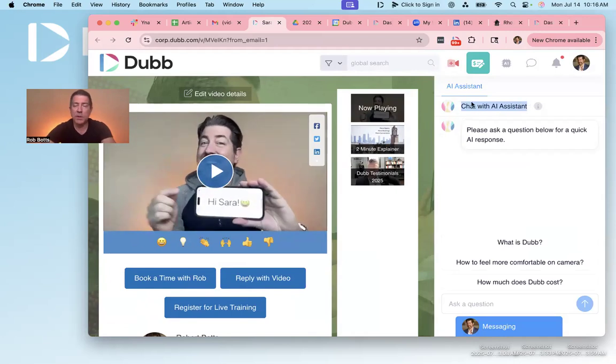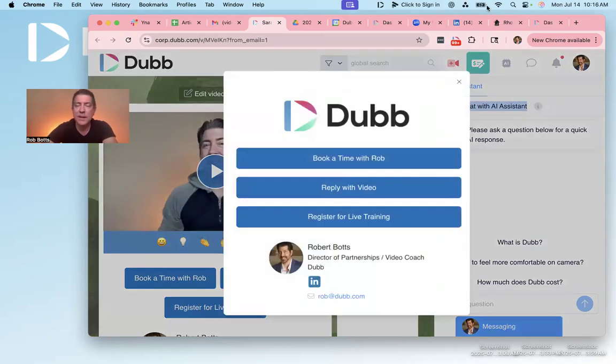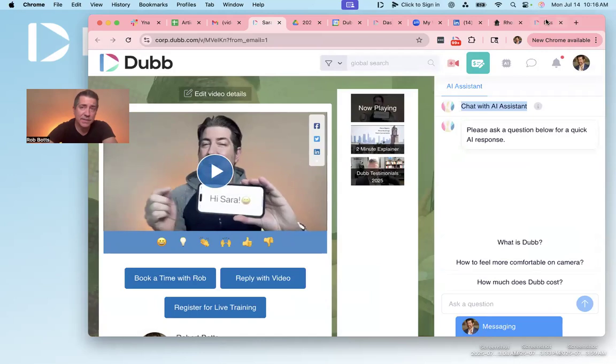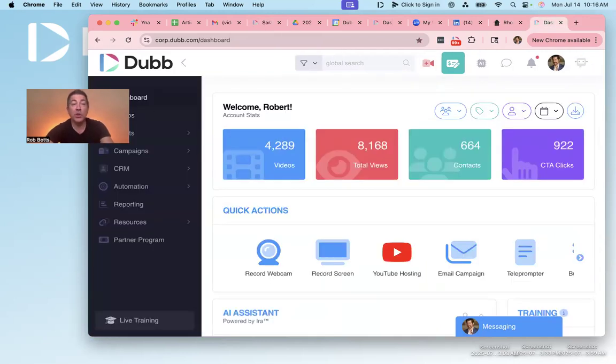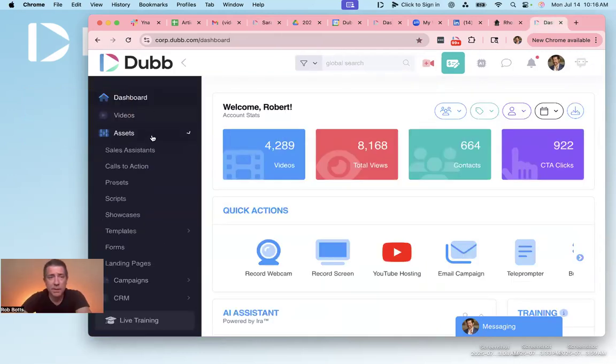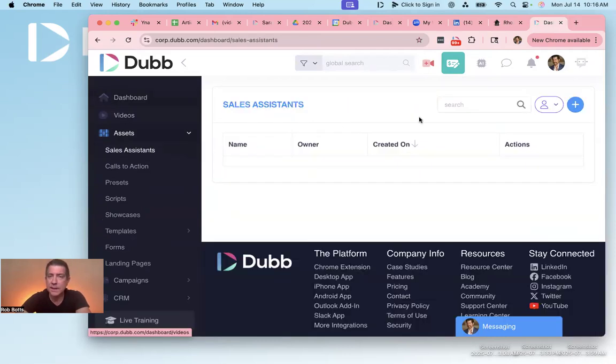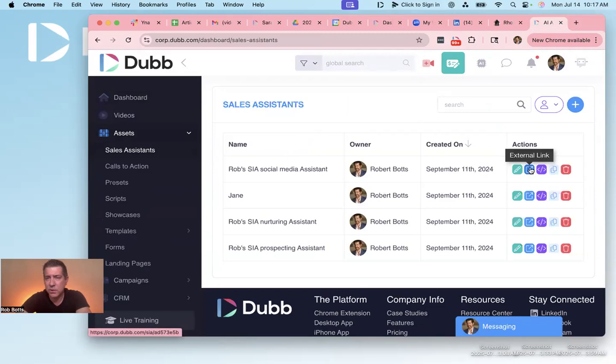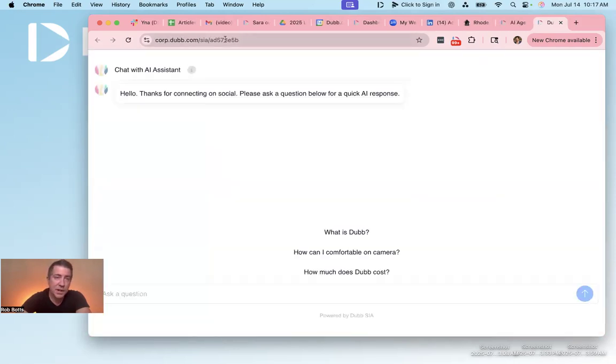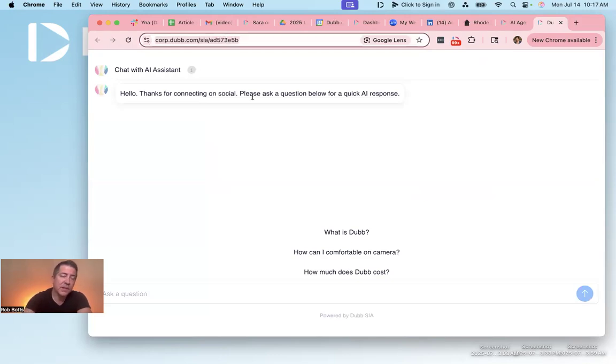See Sia over here to the right, the sales interactive assistant, this thing. You can actually take these and they have external links. So what you could do if you wanted to, you can come in here under assets, see where it says sales assistants, right? Click on that, and then see this little external link button right there. Click that, and it kind of opens up like ChatGPT. So as long as you set up your sales assistant with all the knowledge, we have a training on that,